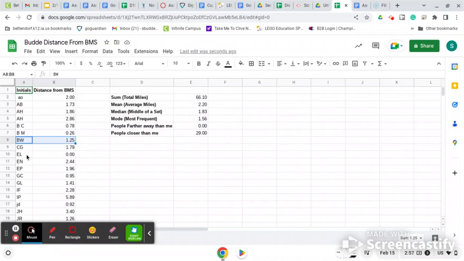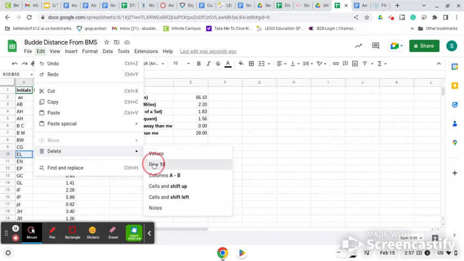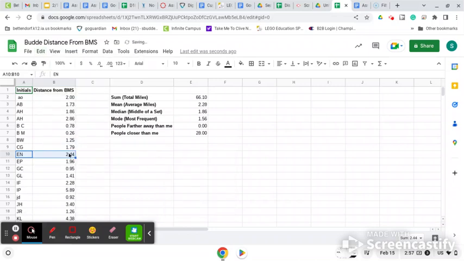I'm going to go into EL. And this time I'm going to delete the entire row. So I'm going into Edit, Delete. I'm just going to delete row 10. And again, it shifted everything up. That one really didn't change anything, maybe a little bit because it was 0 miles. So go ahead and go in and get